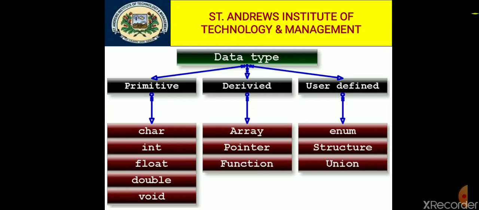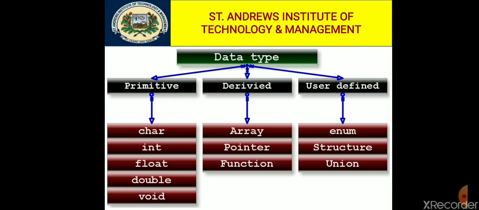The second one is pointer. So what is a pointer? The pointer data type is one of the special C features that distinguish C from most of the other languages. In the computer system, memory is composed of several bytes and each byte has its unique address. An address of a memory location can be stored in a special variable called a pointer variable. In other words, a pointer variable is a variable that contains the address of another variable. Okay?